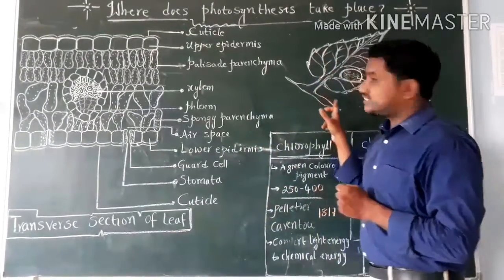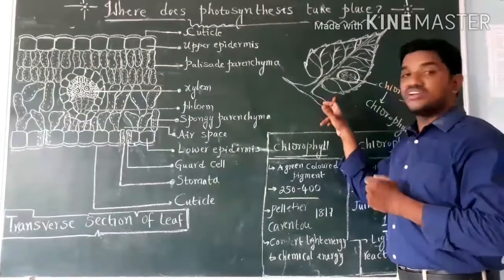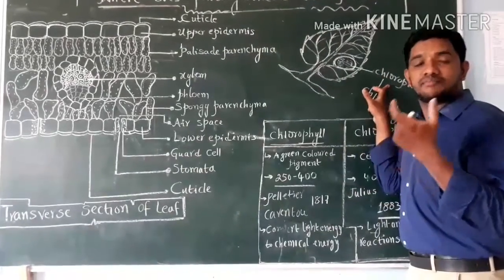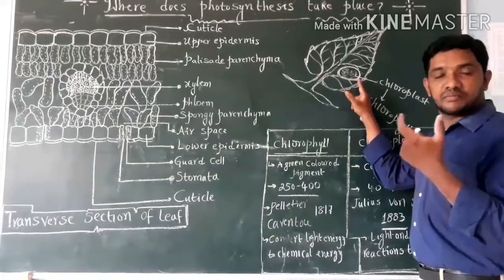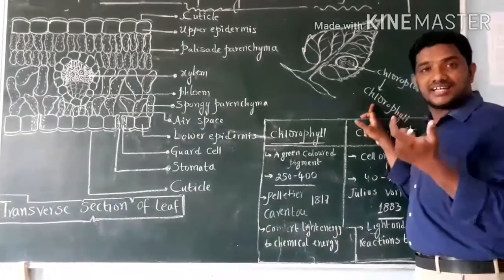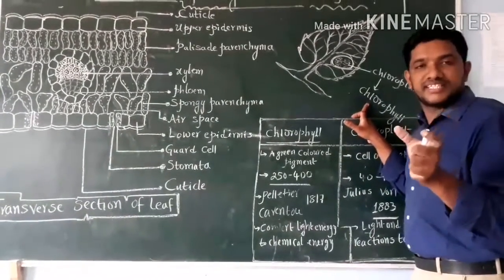Actually, this is the leaf. When we take the horizontal section of the leaf, we can clearly observe where the chloroplast is present. This is the chloroplast, which is present inside the leaf. Inside the chloroplast there are chlorophyll pigments. These chlorophyll pigments are present in